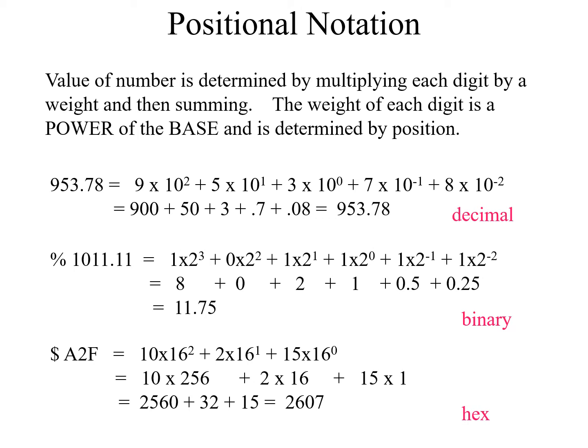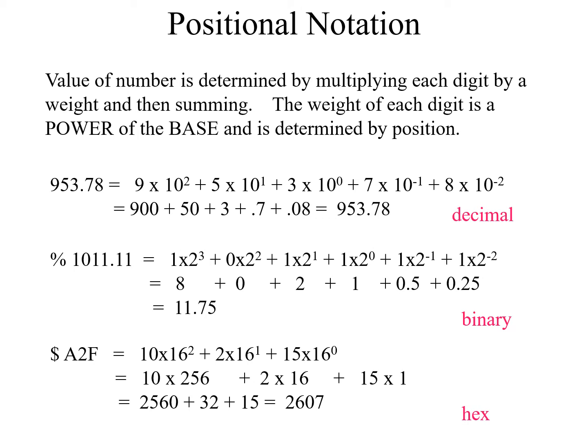Next we write 0, the power is 0, that is 1 in the negative, plus 1 multiplied by 2 raised to power minus 2. Then all these products are summed up and we find the number in decimal, that is 11.75. Then A to F, this is a hexadecimal number.